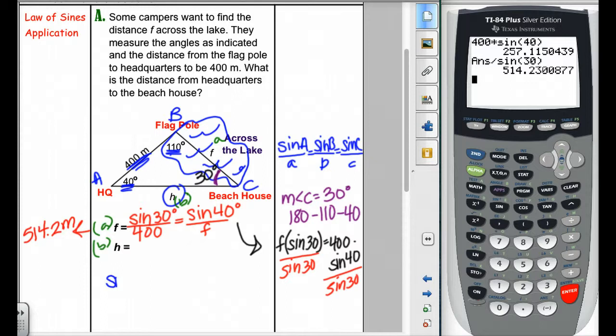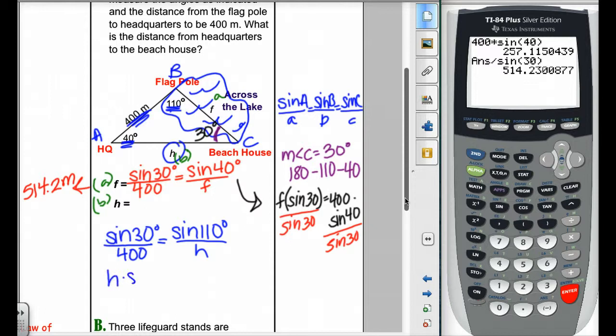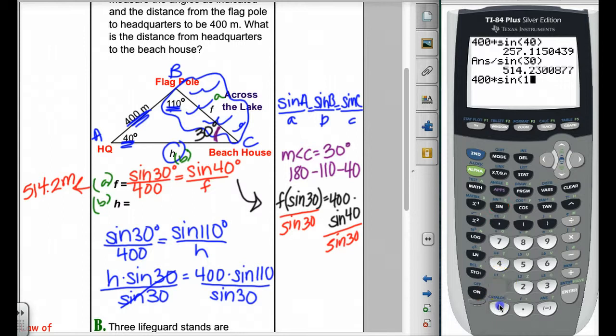That means still that the sine of 30 degrees over 400 is going to be equal to, now we need to use the sine of 110 over H. So same thing, we're going to have that H times the sine of 30 is going to be equal to 400 times the sine of 110. Divide both sides by the sine of 30. And when we put that into the calculator, we're going to take again 400 times the sine of 110 degrees, which gives us about 376. We're going to divide that by the sine of 30 degrees. And that gives me an answer of